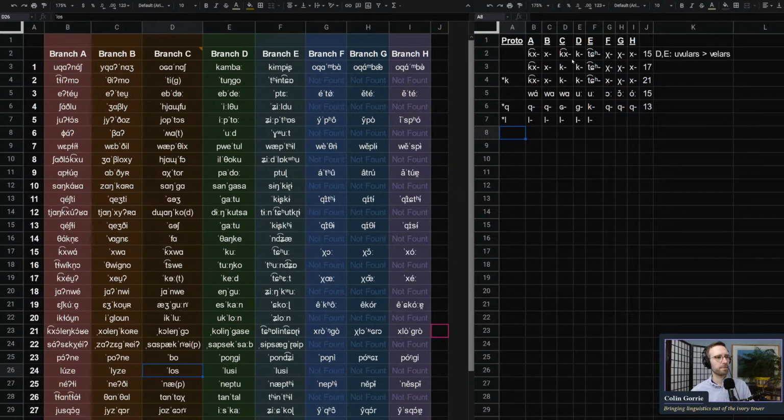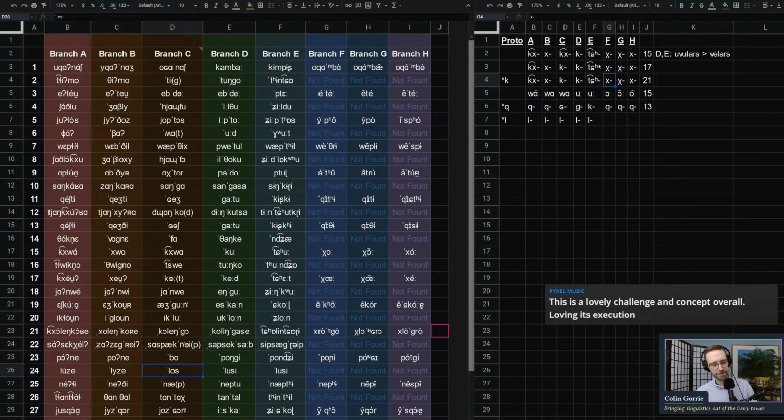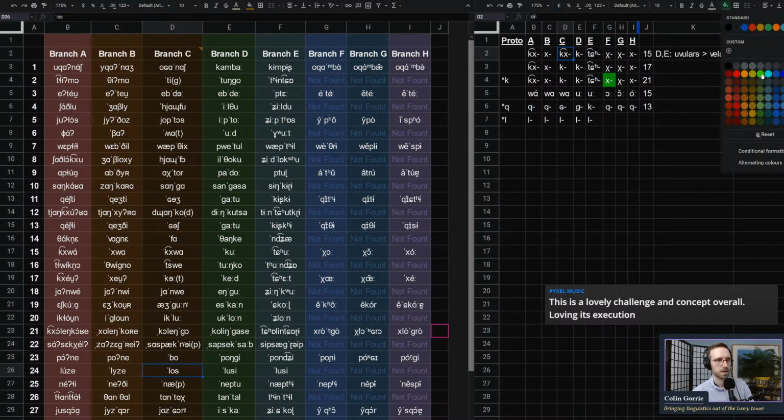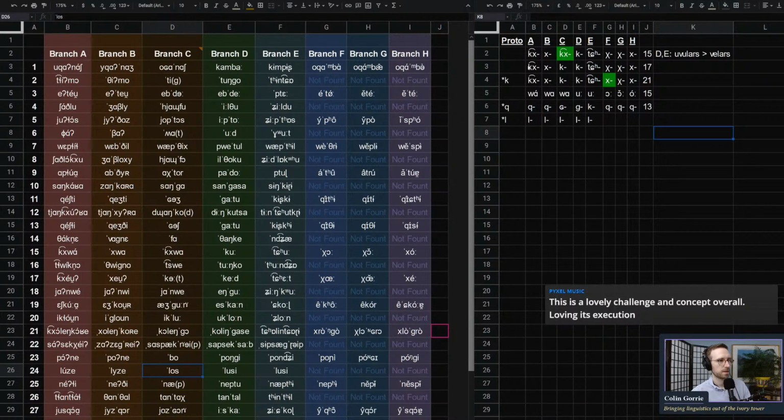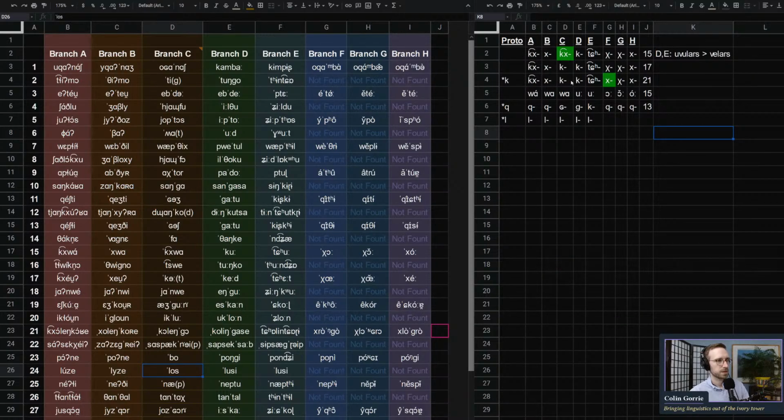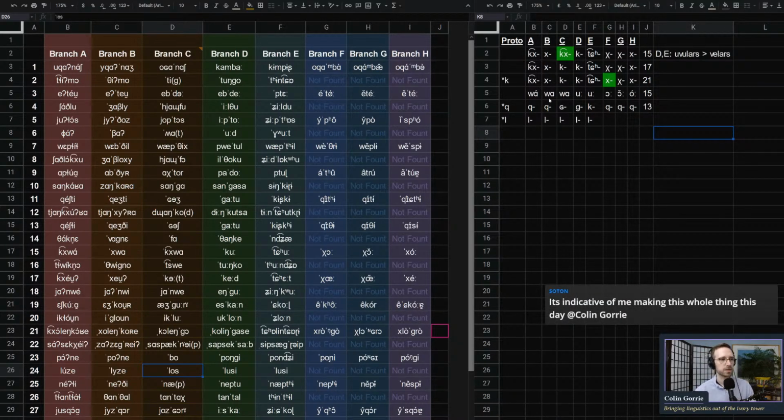I'm curious as to what might be causing the differences between 15, 17, and 21. So we have, I'm just going to point these out with spots where they differ. So we have same, different, same, different. Yeah, so they're slightly different here.